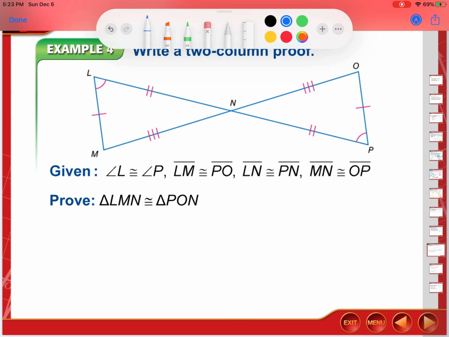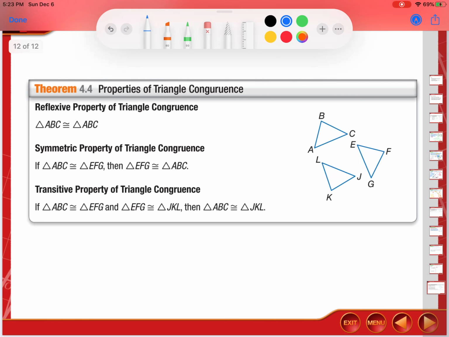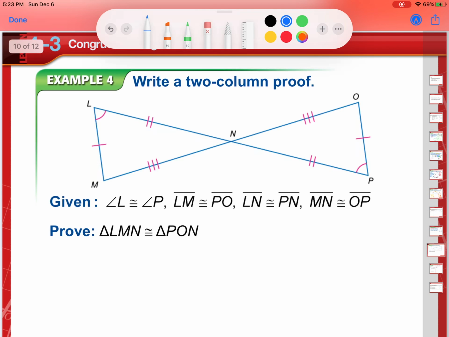I have faith in all of you that you can all accomplish that. But what we are going to look at, and this is going to be our last problem that we do today is, yeah, because that's a theorem. Yep. So we are going to write a proof. I want to expose you guys to these triangle proofs because they will be on your